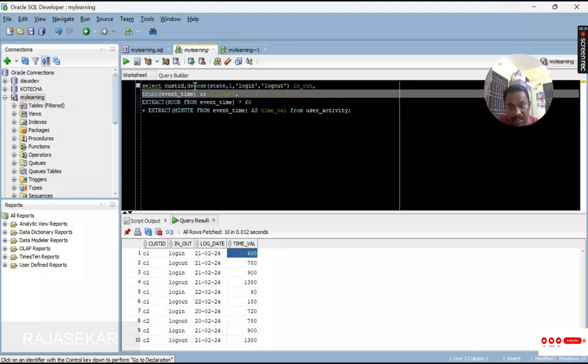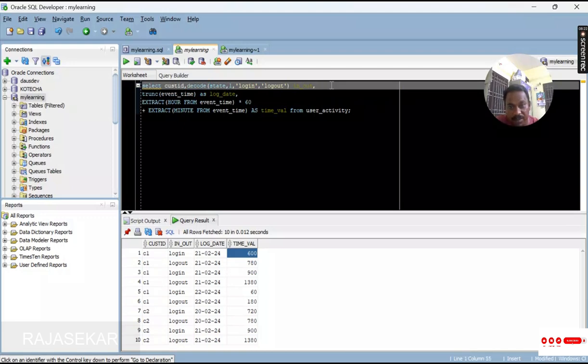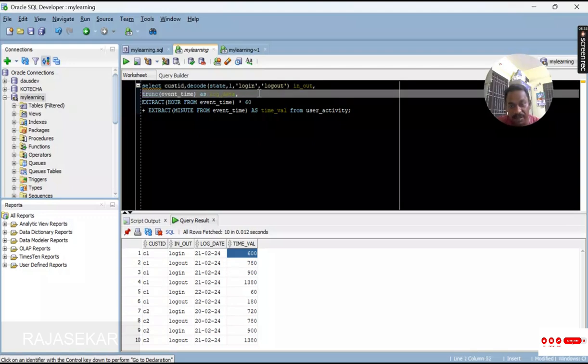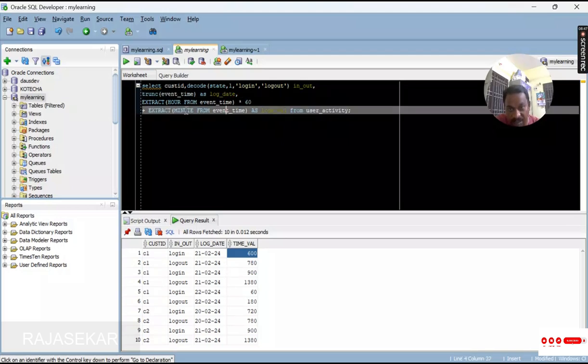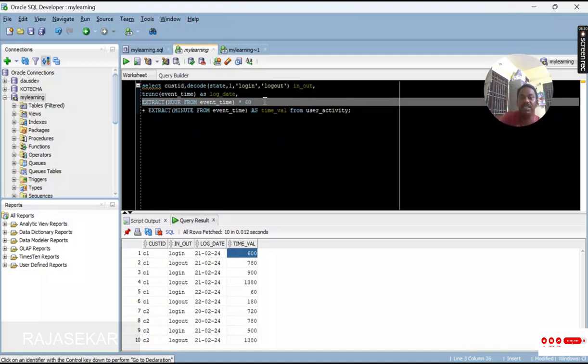If you see here, hope we have some idea about the decode function. If the state column is 1, then I'm changing it to login, or else I'm putting logout. And the trunc function, hope we have some idea. From the timestamp I'm splitting the hours, converting the hours into minutes, and then to the same timestamp I'm adding the minutes which I converted from the hours previously. So now I have exact minutes, right? Now next what I'm going to do,